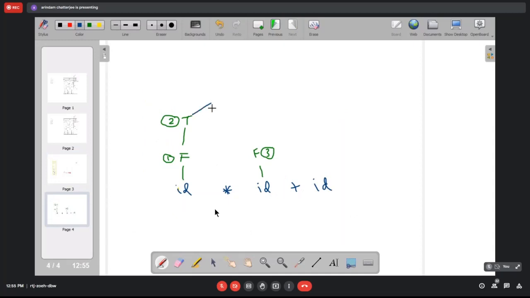So T star F now becomes a T. And this is reduction number 4. This is the fourth branch which is created. This node is created as the fourth element in the parse tree.